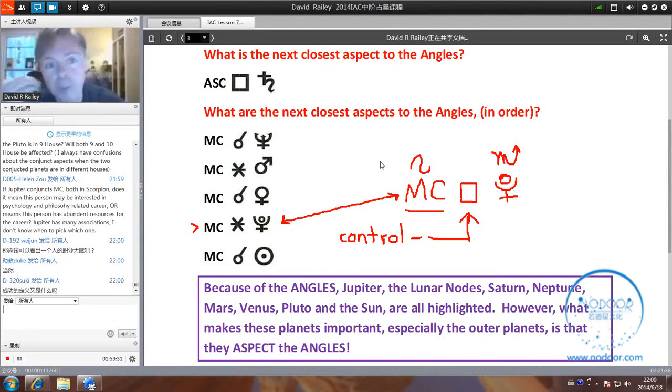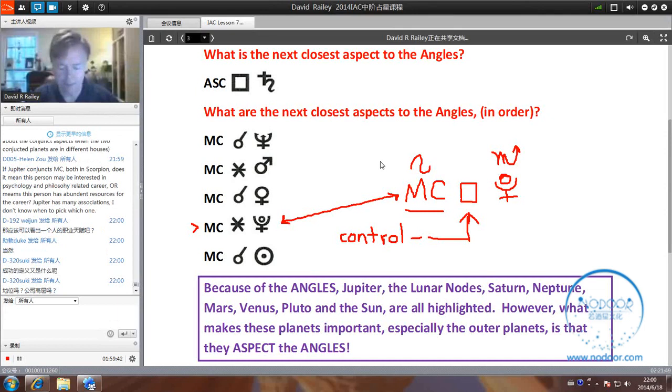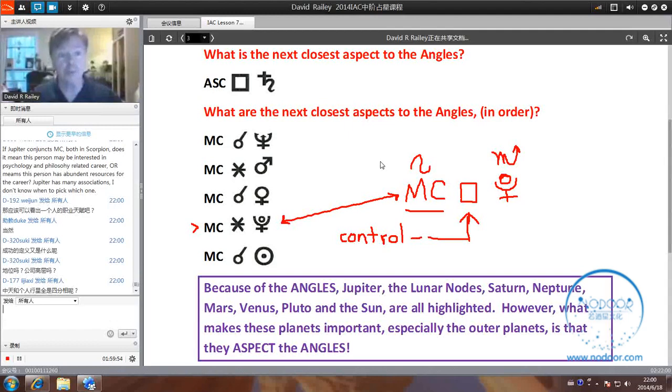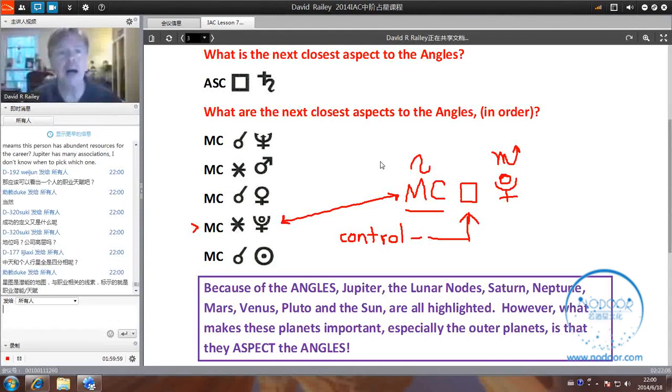However, what a chart can tell you, and this is the advantage of astrology, is how to be successful, how to do it. 但是星图可以告诉你如何获得成功，这就是占星学的优势所在。If you could look at a chart, and the chart alone could tell you who was successful and who was unsuccessful, I wouldn't give a damn about astrology. 如果你看一下星图，你就知道谁能成功，谁成功不了，那么我才不会理会占星学呢。